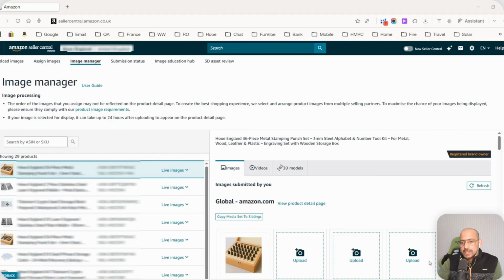A lot of sellers face an issue where, when they try to upload a set of images to a specific country, the images get reflected to other countries. Let's take an example: you're uploading some infographic images in Germany. Once you have uploaded them, those same infographic images in German language are reflected across other countries, in the UK and